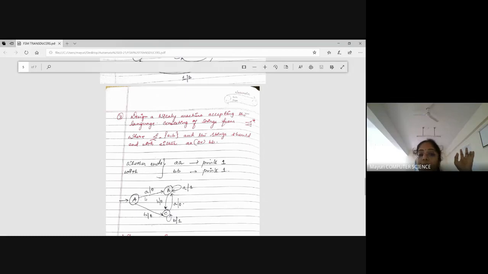Correct? So after A, if I consume one more A, that is okay. My output is 1. After A, there is a chance of consuming B also, right? For the B, you go to the immediate state. For B, the immediate state is C. Now the communication in the second level. First level communication A is done. Second level communication BC.